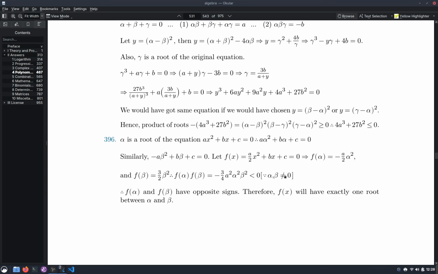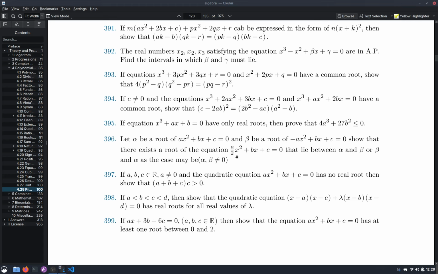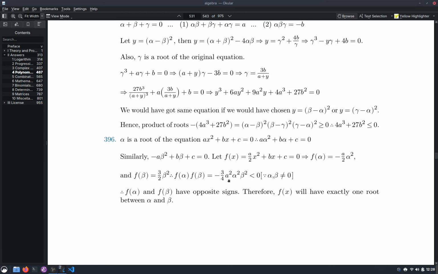Now given that alpha beta is not equal to 0, since the root will lie between alpha beta and beta alpha, it will be less than 0. So f alpha and f beta have opposite signs, therefore f of x will have exactly one root between alpha and